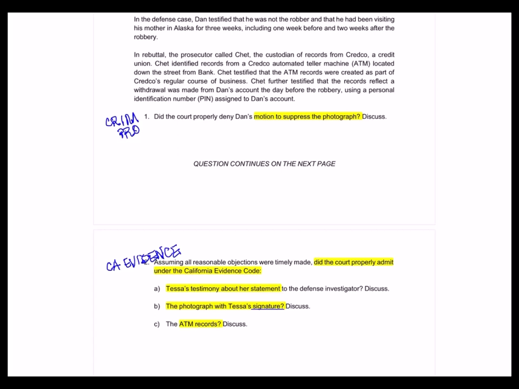Now, when they give you California evidence, the very first thing you want to address is Prop 8, which made virtually all evidence in a criminal proceeding, all relevant evidence, admissible in California. No relevant evidence shall be excluded unless it's barred by 352, hearsay, privilege, rape shield, or special character evidence rules. And you're going to want to get that preliminary statement out there right away because this is a criminal case